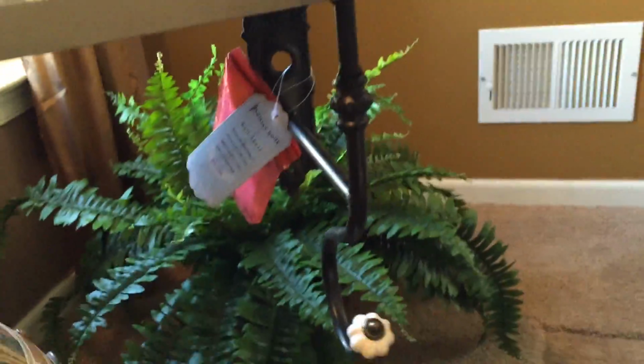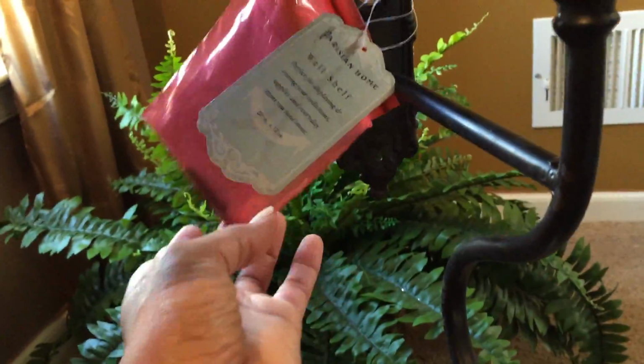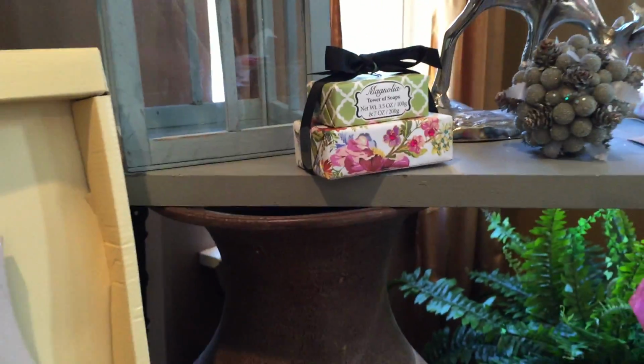And I have it sitting on top of a shelf. If you can see that, this shelf came from HomeGoods, and it's the kind that you can mount. You can see the hardware, all the hardware is included. And it has like two hooks, one here and one on that side, if you can see behind the picture. Okay. Really, really a nice shelf. And it's so funny, I think the colors go really well with each other. It reminds me of springtime, actually. I'm definitely going to try to incorporate this lantern in my spring Easter